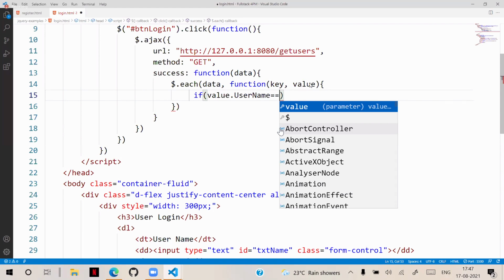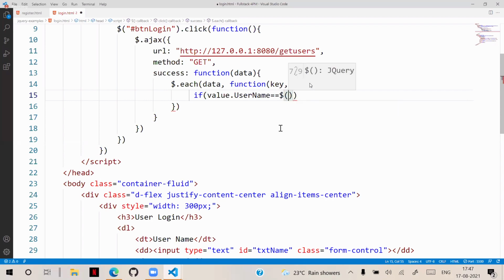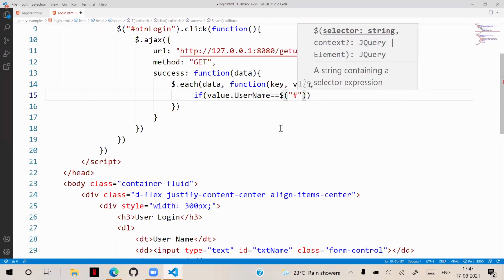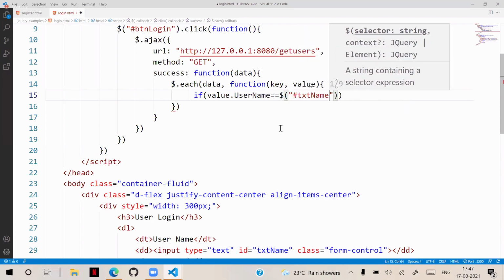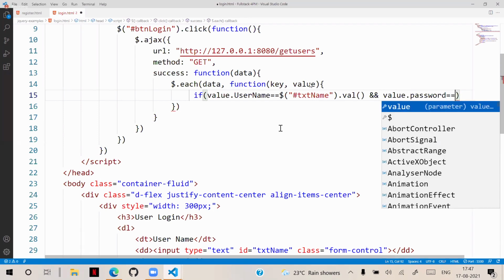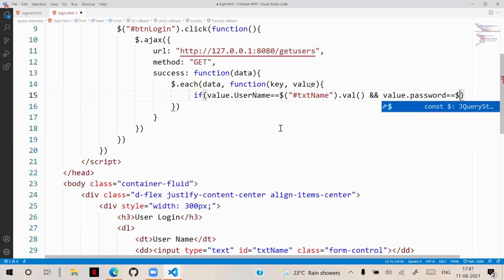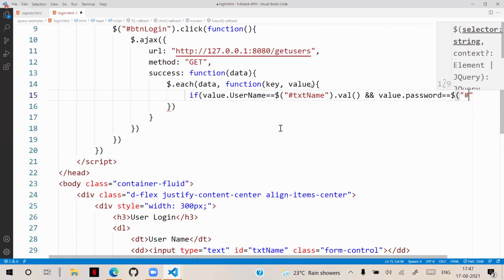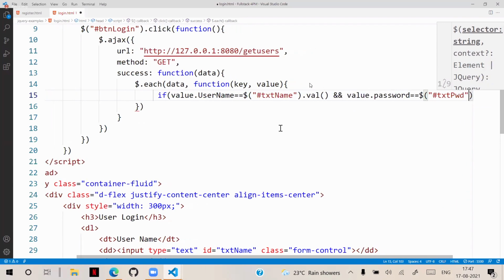How to collect the username? Directly you can access #txtname.val. If it is matching with that username and double ampersand, value.password is matching with that. So $('#txtpassword').val.